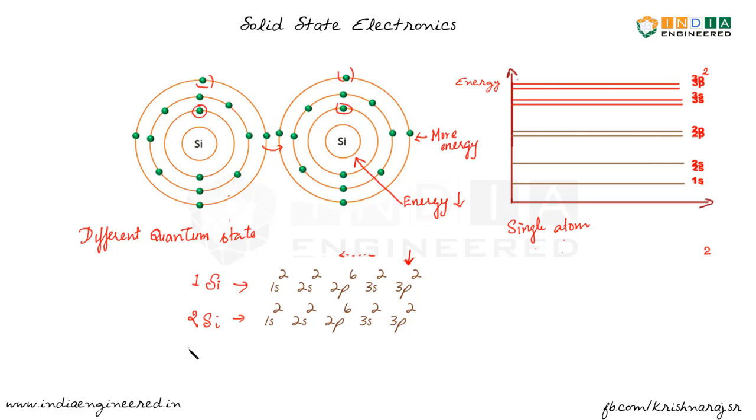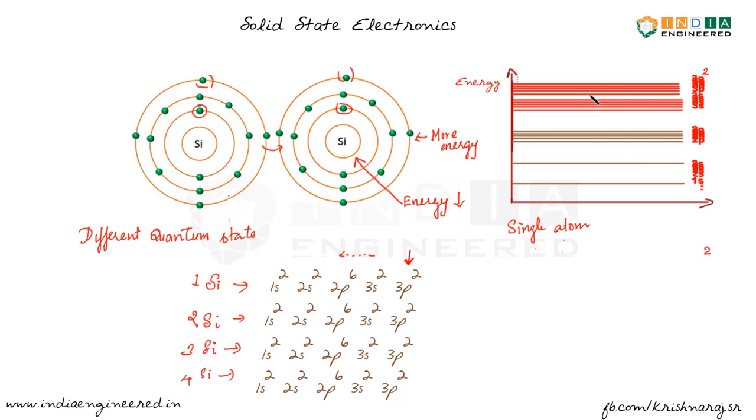Let's say we have a third silicon atom. It will also have an interaction. So we now have 3 lines. They are still discrete, but they are getting closer to one another. Let's say we have one more, a fourth silicon atom. What happens? Essentially there is a split in energy levels, and they tend to form a continuous band of energies. So this tends to form a band.